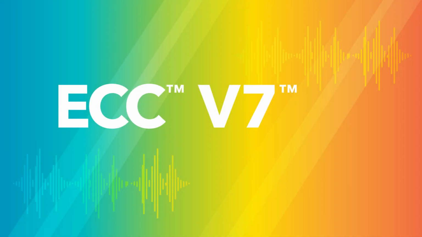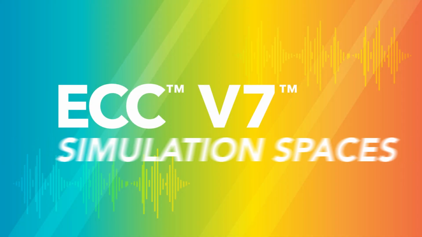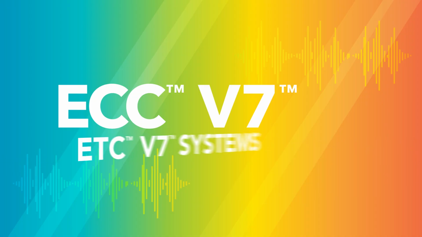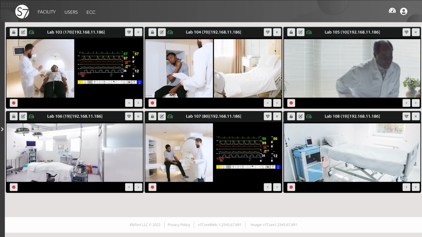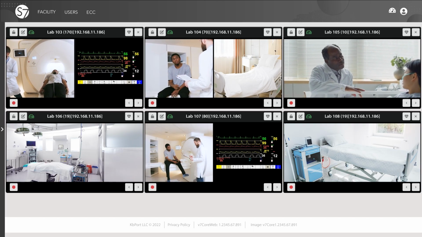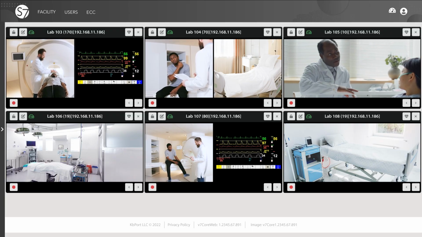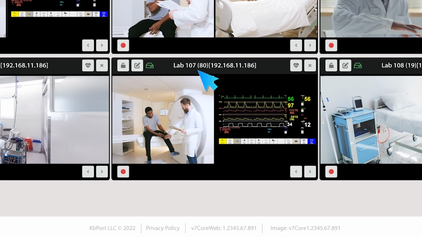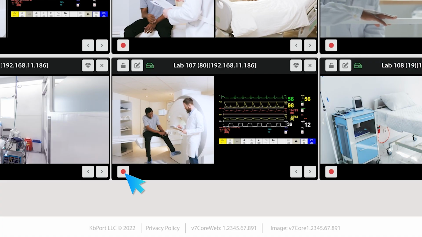KbPort Simplicity7 ECC provides quick and efficient visual control of simulation spaces utilizing ECC V7 systems. Each recorder is represented by an ECC card on the ECC page. Each ECC card presents useful information from the ECC, such as name, address, disk space usage meter, recording controls, and